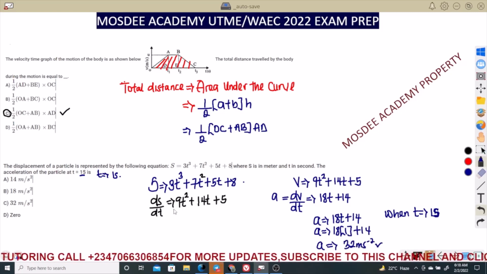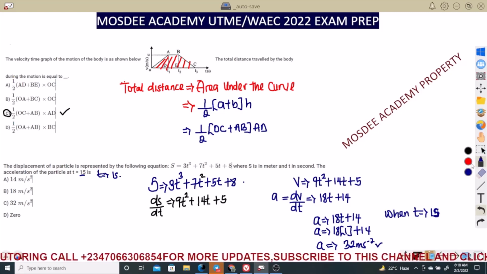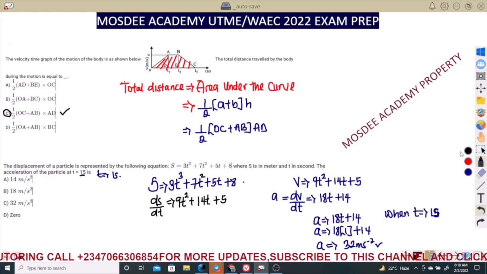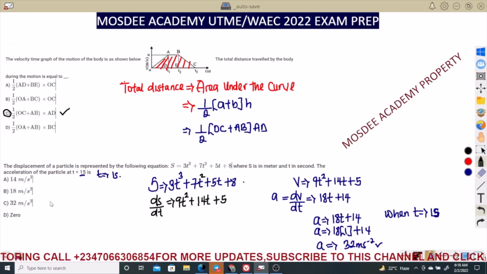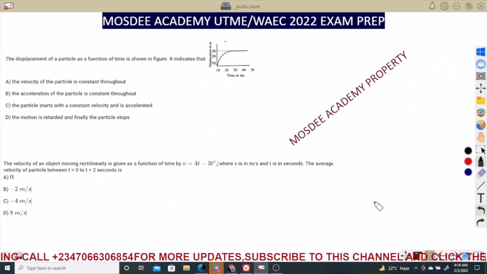Like I said, the answer to this question that was compiled by my students is C. No option is C, so maybe we don't need to waste our time, we can just pick C. But let us not do that, let us continue to solve. So guys, that is how you tackle that kind of question. We move to the 5th question.